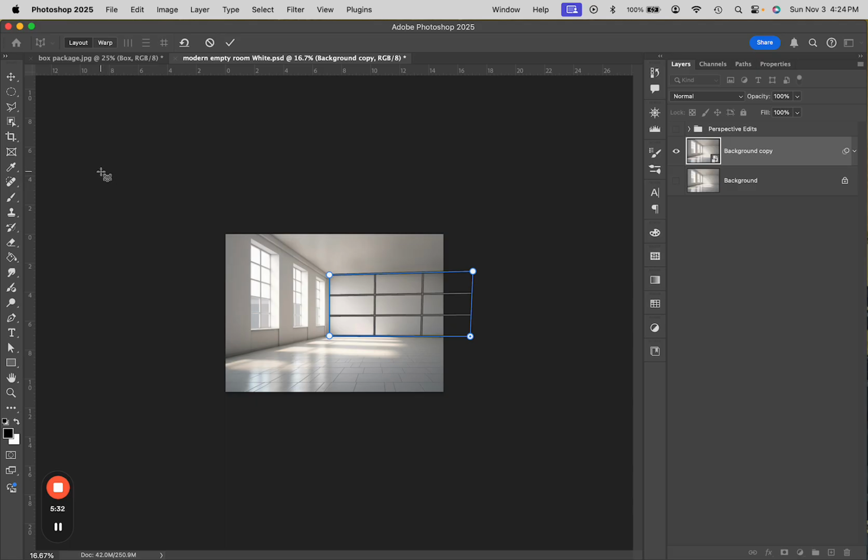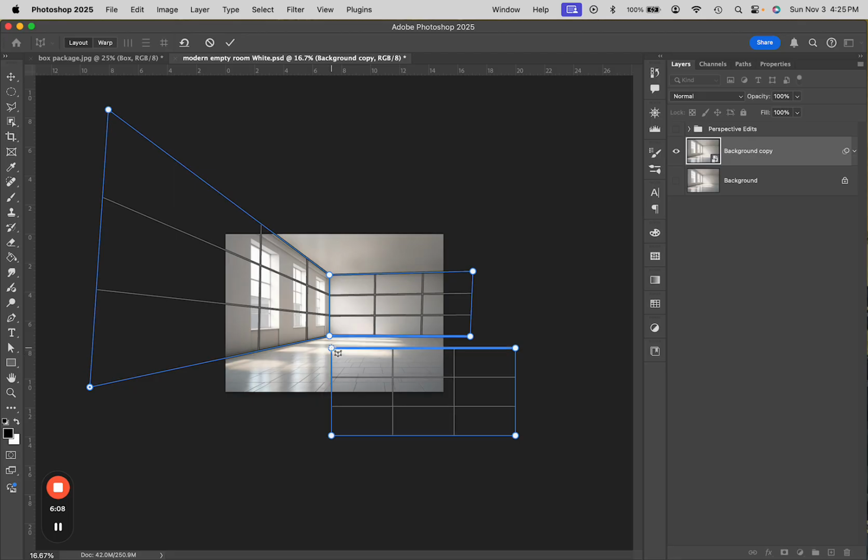Okay, now all the way out here, I'm going to click and I'm going to drag all the way here until I can kind of get it to connect, and it's not connecting, though no worries. I'm going to bring this down. There it goes. Okay, so I'm going to connect it like that, and then I'm just going to bring these down so that I can line them up, and you can see that I'm looking at where the wall hits the ceiling and also where the wall hits the floor. Okay, so now that I have this like this, and you see I went way off the picture plane,